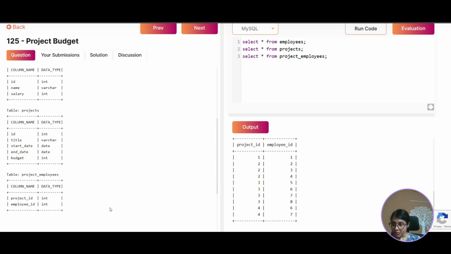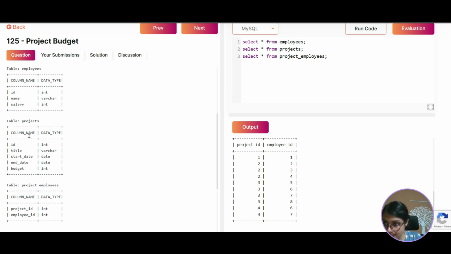That's fine. And then project employees, project ID, and employee ID. Okay, this is just a bridge table. So this is the employee ID, this is the project ID. So using this table, we will map both of these together. And the steps that I'm looking at should be